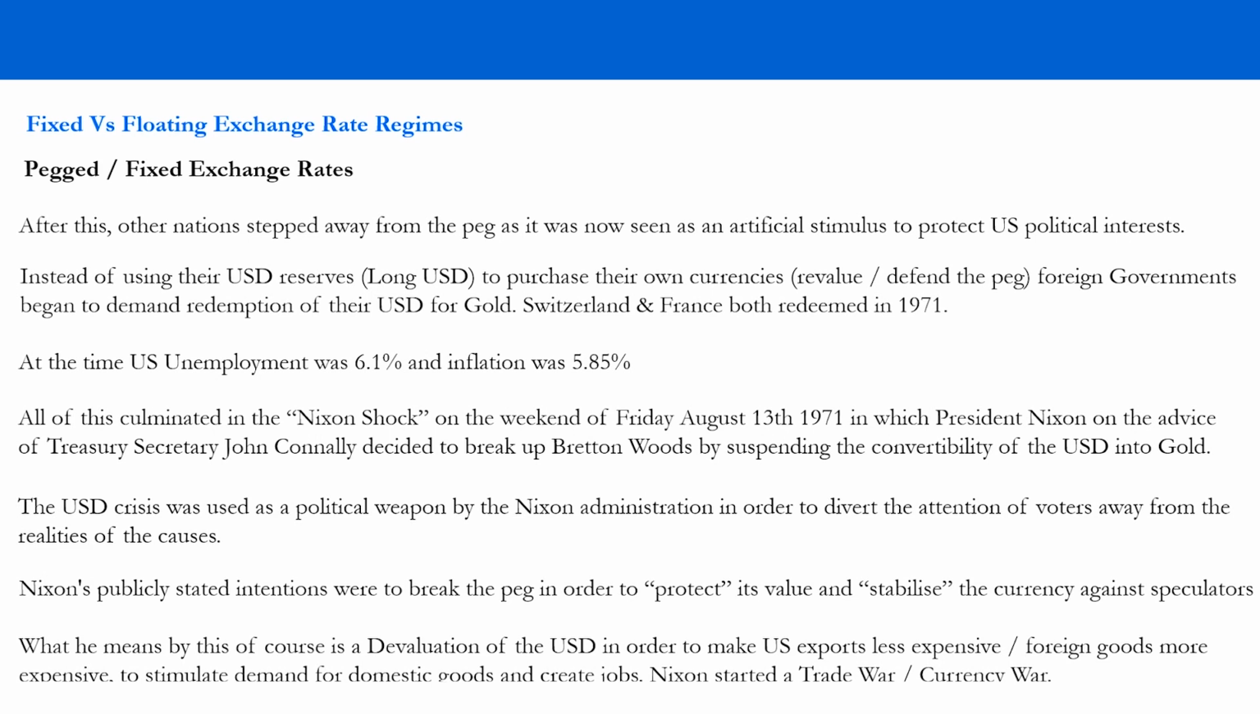So what he means by this, when you watch the speech that Nixon gave, is a devaluation of the US dollar. So in order to make US exports less expensive and foreign goods more expensive, to stimulate the demand for domestic goods and create jobs. Essentially what they did by breaking the Bretton Woods system was to start a trade war